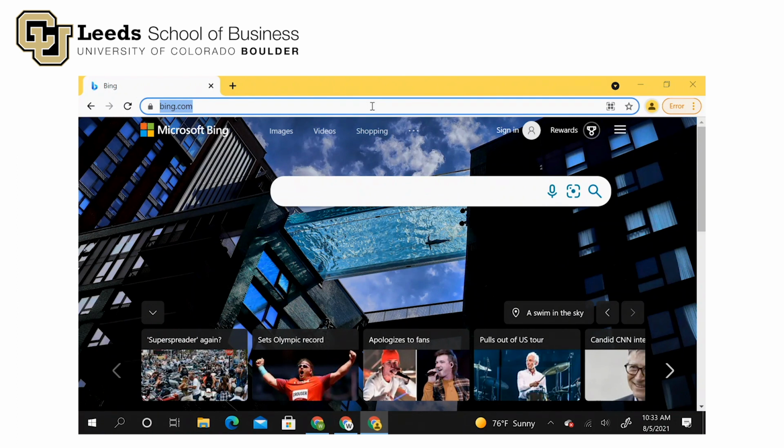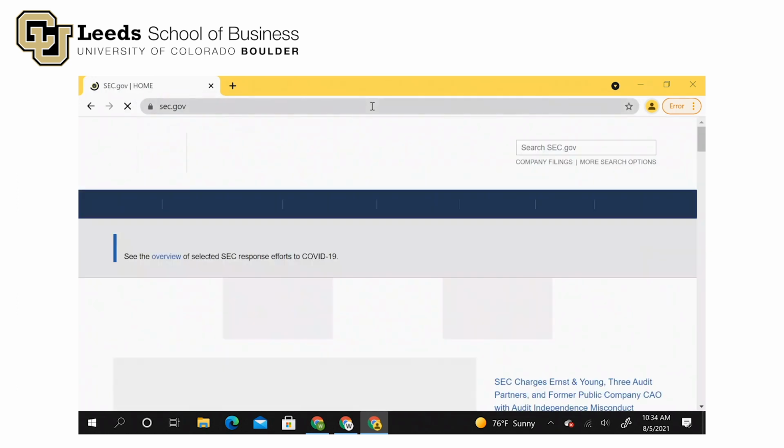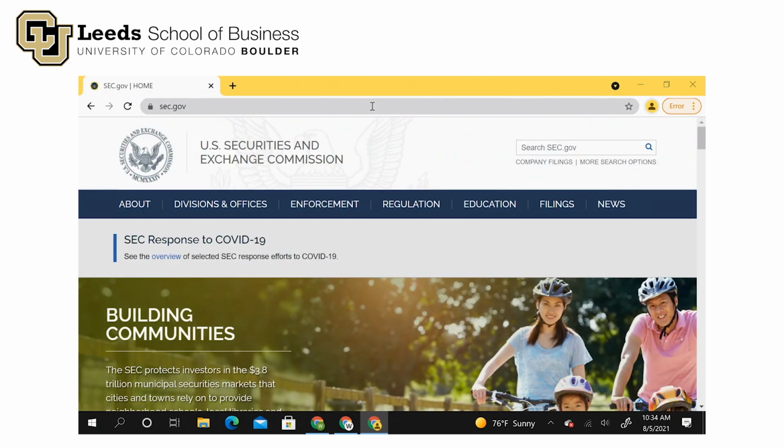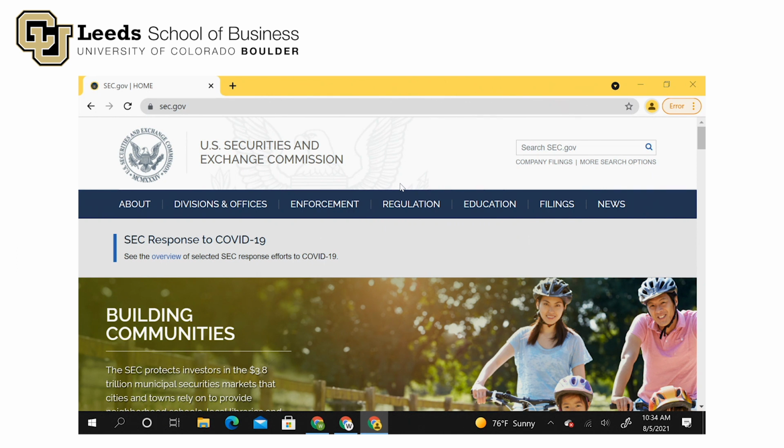The website I'm going to go to find the information is the SEC, the Securities and Exchange Commission's website. I'll go to sec.gov and hit enter. So here's the website of the Securities and Exchange Commission. When a company becomes public, they're required to make their filings on this website. So all of their quarterly and annual reports, their registration statements, their unscheduled event statements, their proxy statements to announce a shareholder meeting, their insider trading disclosures, all of that stuff is filed on this website, the Securities and Exchange